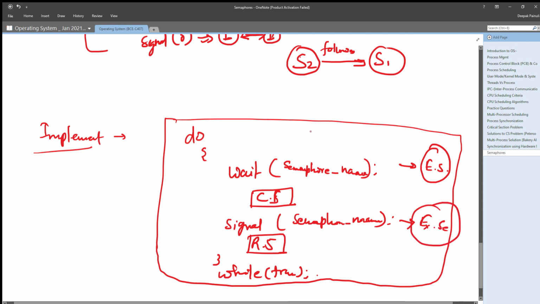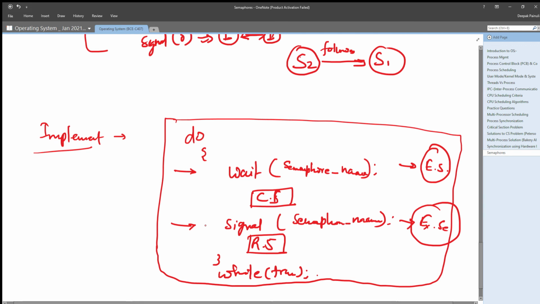So what it means, it simply means that particular process is decrementing the value of that semaphore at the wait operation at the entry section. And after successful decrementation of that particular semaphore value only, it can get into its critical section. And after exiting its critical section, it is restoring the value of that particular semaphore by using signal operation. That means it is incrementing the value of that particular semaphore,